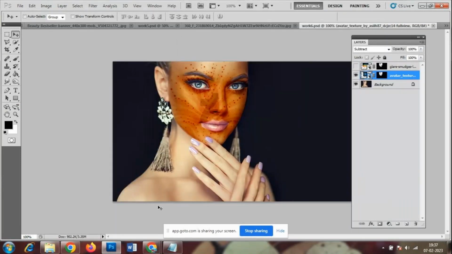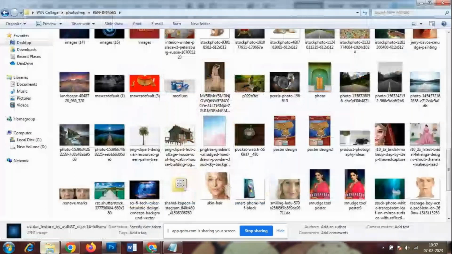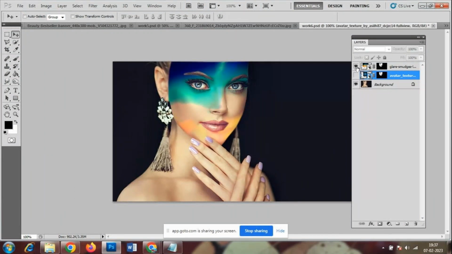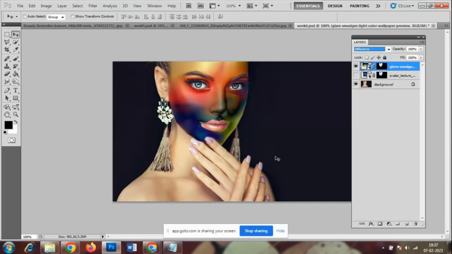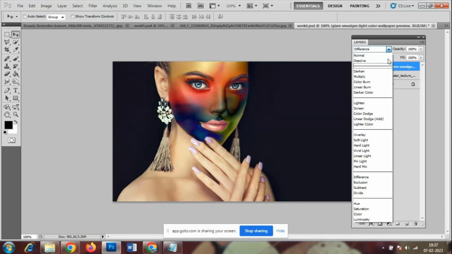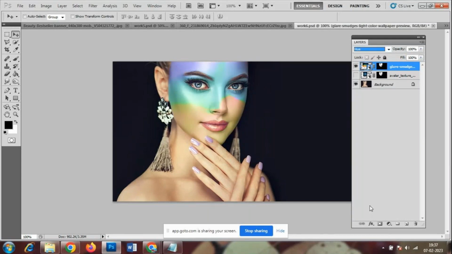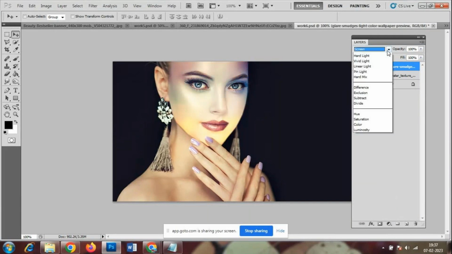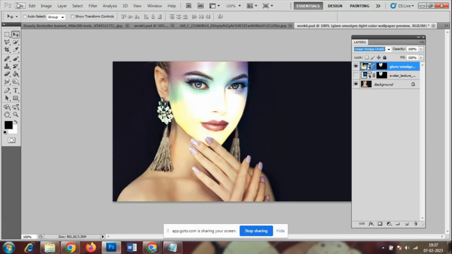Here now I have this many files. Any of the options you can take. Whenever you are taking the texture, please take a proper texture. We should not have any name on that. Now for the reflection,